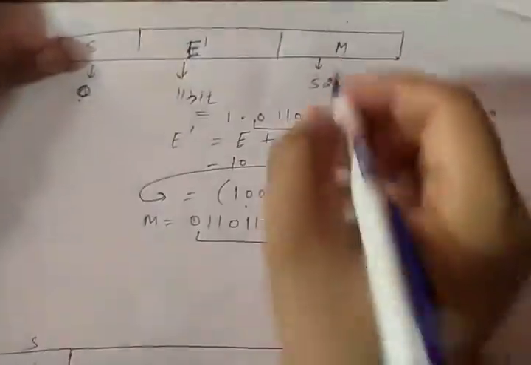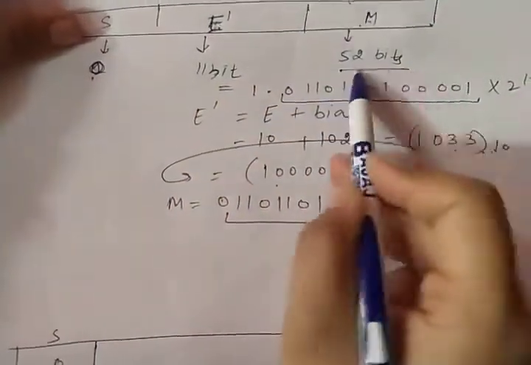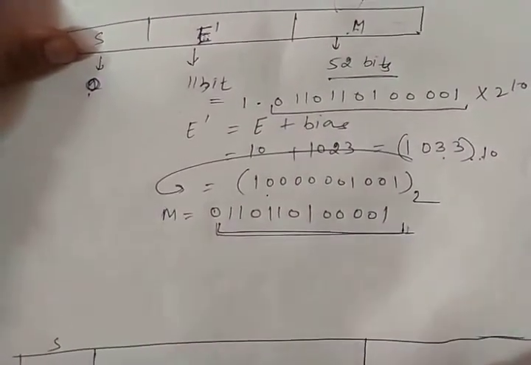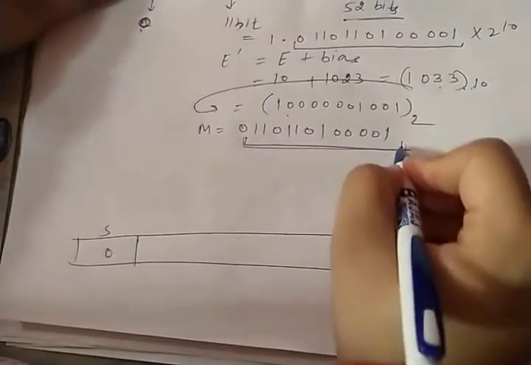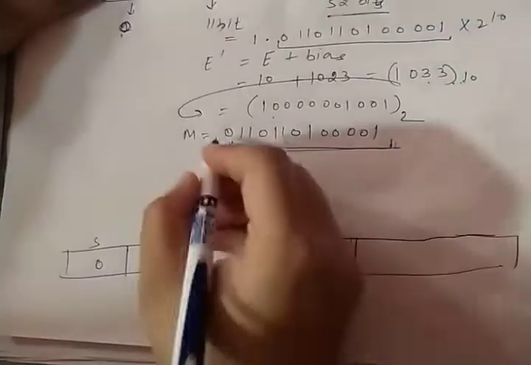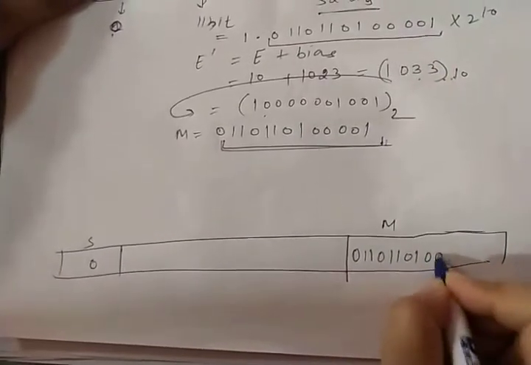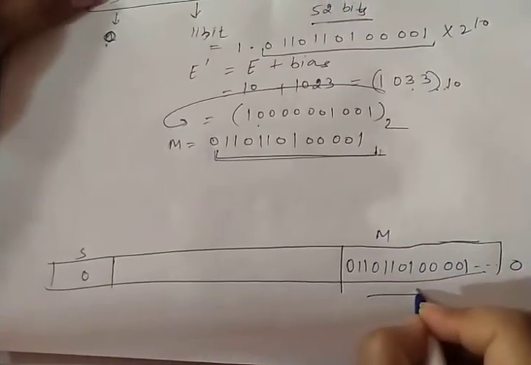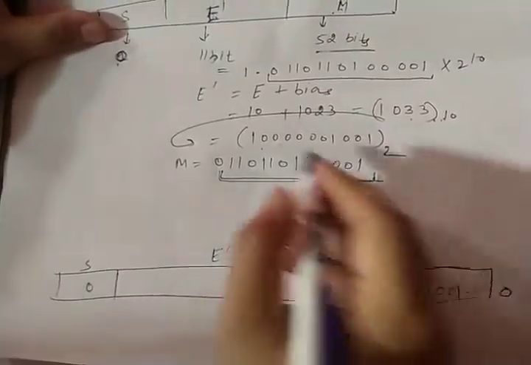Now we are going to write it out. As we know, the mantissa part is 52 bits. We do not have that many bits for the mantissa part. So in a similar way to what we did in our last example, first we will write it as it is, and the remaining bits that do not fill up the 52 bits, we will cover with 0s. So first I wrote the mantissa part as 0 1 1 0 1 1 0 0 0 0 0 1 and so on up to 0. I added 0s at the end so that all 52 bits are covered.